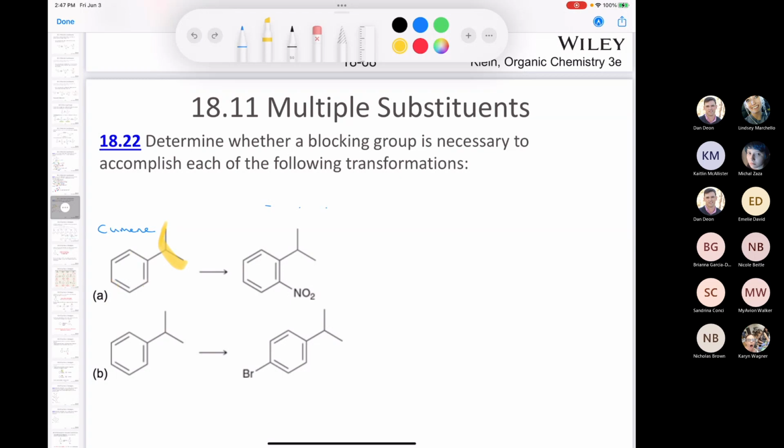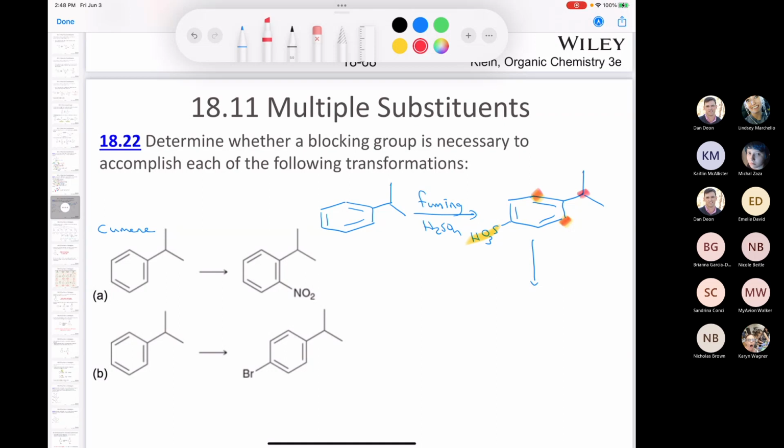What you would need to do is you would need to take the cumene. So let me just do some erasing here. So you would take cumene, and in the first step, you would treat it with fuming sulfuric acid. And that's going to install your sulfonic acid, which is a meta-director, but it's also your blocking group. So we have our sulfonic acid. Again, the sulfonic acid is going to direct to these positions, and the isopropyl group is going to